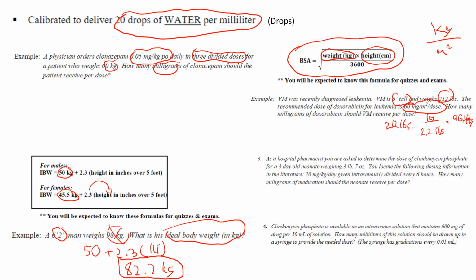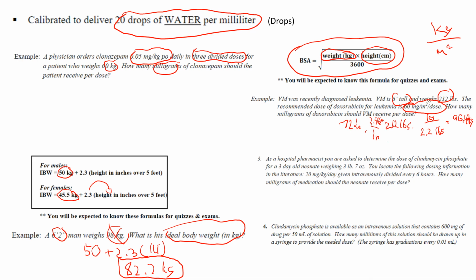Their height in centimeters is a little more tedious. We know there's 12 inches in a foot, meaning there's 72 inches in 6 feet. And then this is inches. We know that 1 inch is 2.54 centimeters. So really quickly, I can put that in my calculator, times 2.54. We know their height in centimeters is